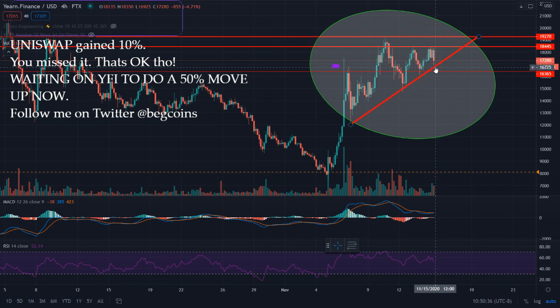Honestly, so we got the bounce off of support again. Let's see if we hold that support. We have an hour and 10 minutes. Hopefully we're going to see some green coming up here on the next candle, and hopefully that candle will close and confirm that we had a bounce off of this ascending trend line here, and then hopefully with the fourth test we can finally break out. Fourth time seems to be the charm